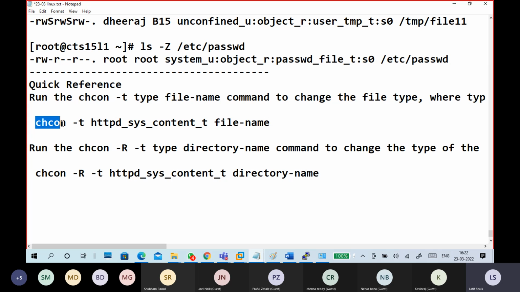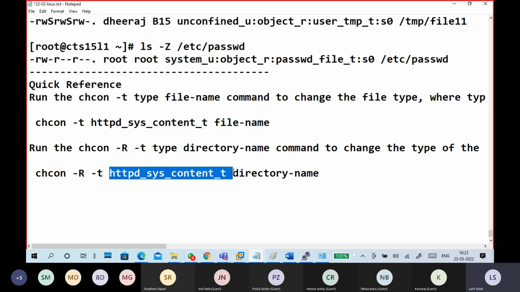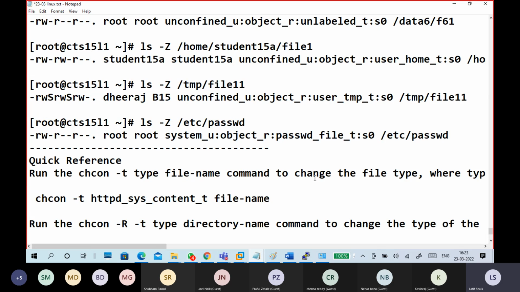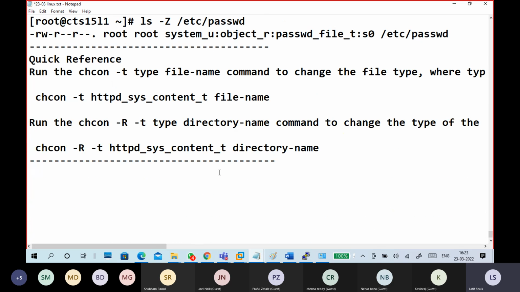It is very simple, a lot of different types of commands to change the context. So you can change it like this on a file. This is the context it is specifying. Here the context is specified with capital R for changing on a directory. Just for the purpose of the mode, I'm telling how to check. How to change, I'm not telling.